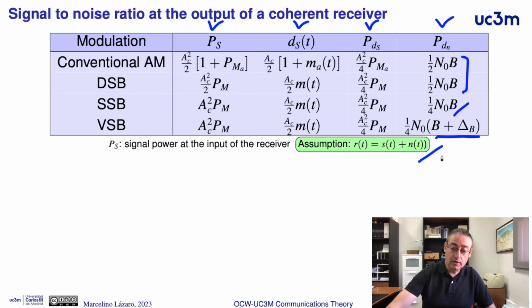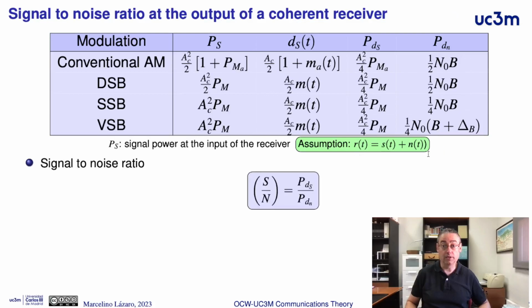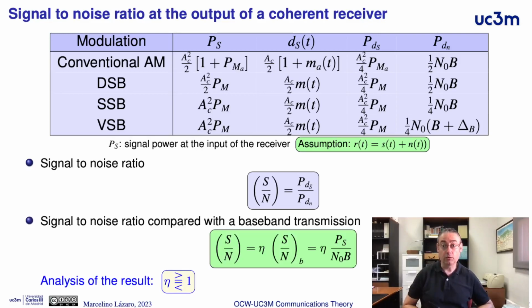In the calculation of the signal-to-noise ratio, we have assumed that the received signal is equal to the modulated signal plus noise. And from this table, we'll compute the signal-to-noise ratio for all these modulations, basically as the ratio between the power of the signal component and the power of the noise component that we have at the output of this receiver. And the obtained signal-to-noise ratio will be compared with a reference, and this reference is going to be